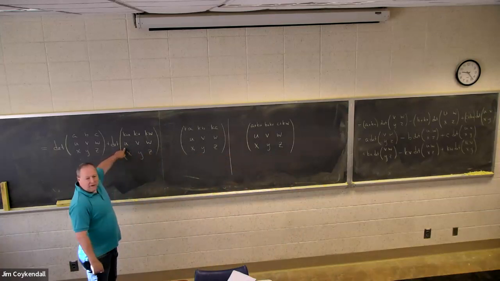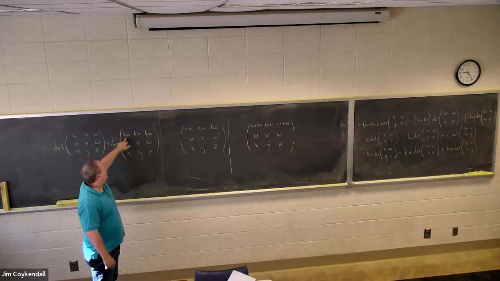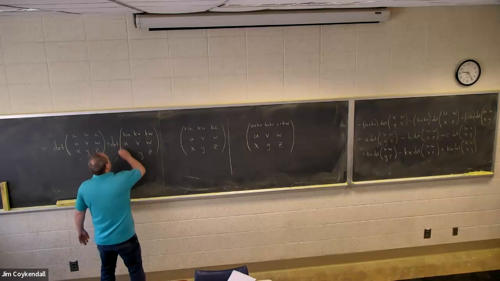How do you tell if a determinant is zero? This is a 3x3, so it will have less than 3 pivot columns. Everybody agree with that? If I multiply this by negative k and add it here, I've got a row of zeros. So it has to have less than 3 pivot columns for sure. If it's got less than 3 pivot columns, it has to have determinant zero. Everybody cool with that? So this is zero